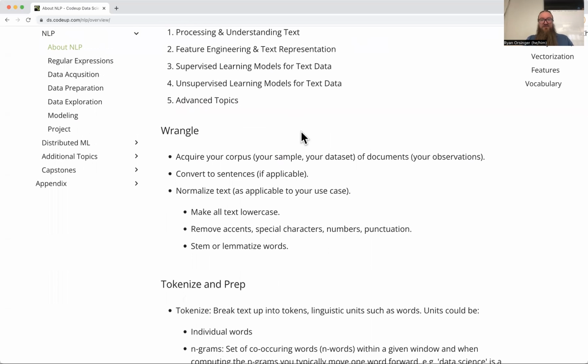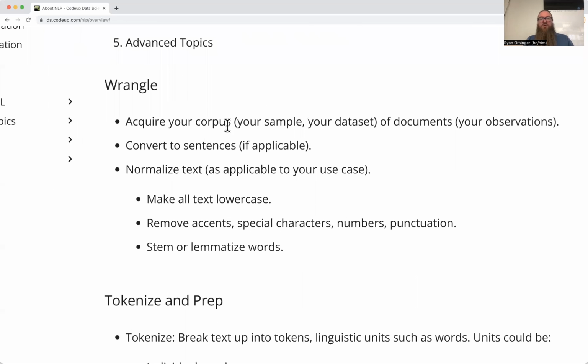So that brings us to the wrangle, right? I'm going to introduce a new word. If you haven't heard this before, the word is corpus, and I'm not talking Corpus Christi. I am talking about just your body of text. And that body of text could be a sentence, it could be a paragraph, it could be a book, it could be a whole bunch of books. Your corpus could be an entire library, potentially. The GPT-3 corpus was as much of the internet as those researchers could fit into memory. Yeah, if you really want to be on the cutting edge of NLP,